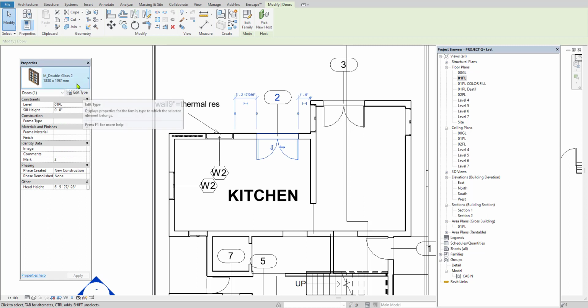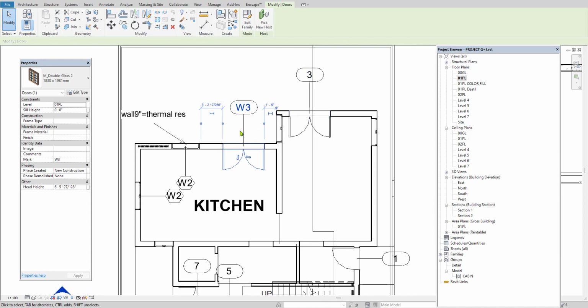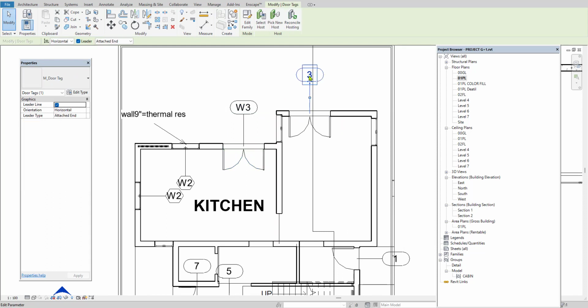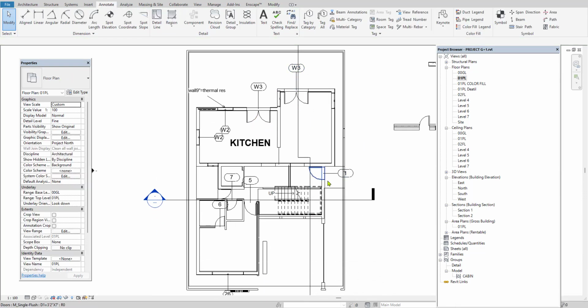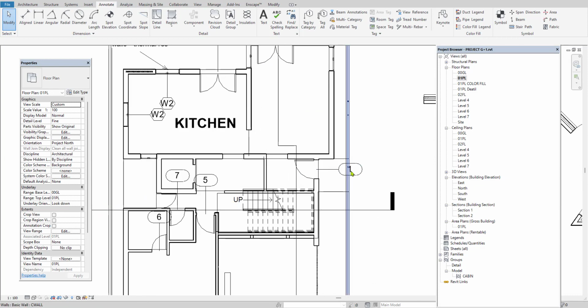You can rename it, or you can give D1, D2, D3 or W3 like that. This tagging should be the same as that of your CAD files, and this is also W3 or W4 if we have a different dimension.